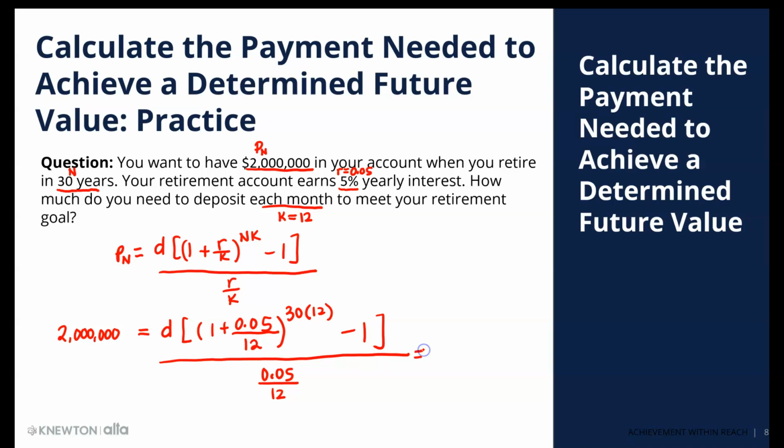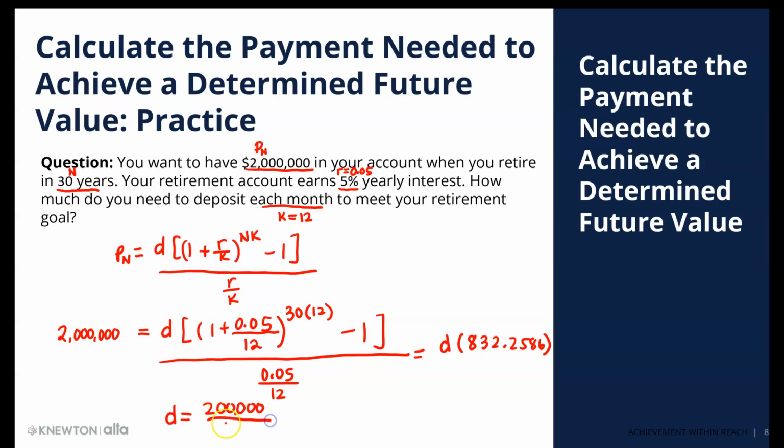And then you plug this into your calculator. We have D times 832.2586. And then to solve for D, you just have to divide 2 million